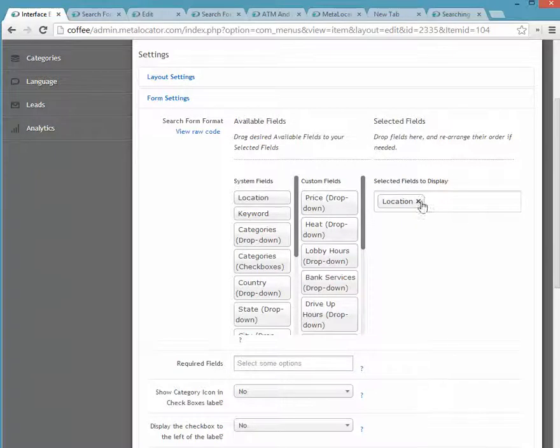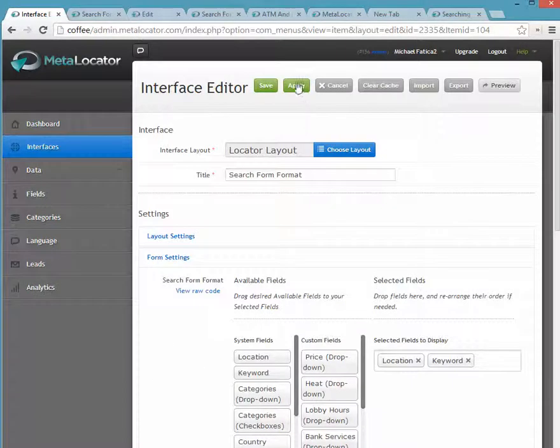By default, we've only got this one selected field. So on the left, we'll have our available fields that we can pick from, broken out between custom fields and system fields. Then on the right, we're going to have the selected fields that are going to be displayed on our interface. So let's drag and drop the keyword field over to our selected fields. I'll click Apply to save those changes